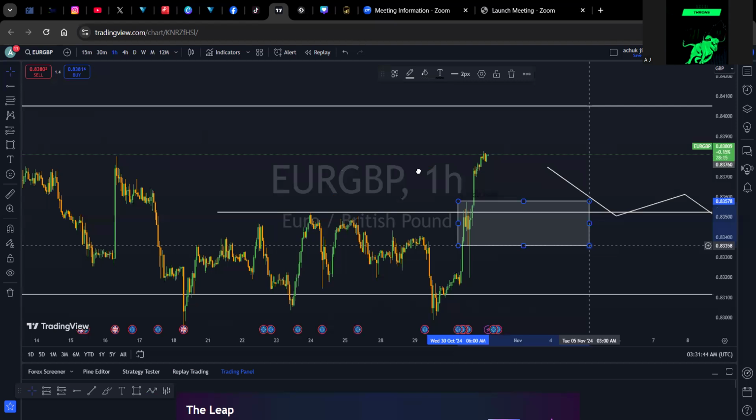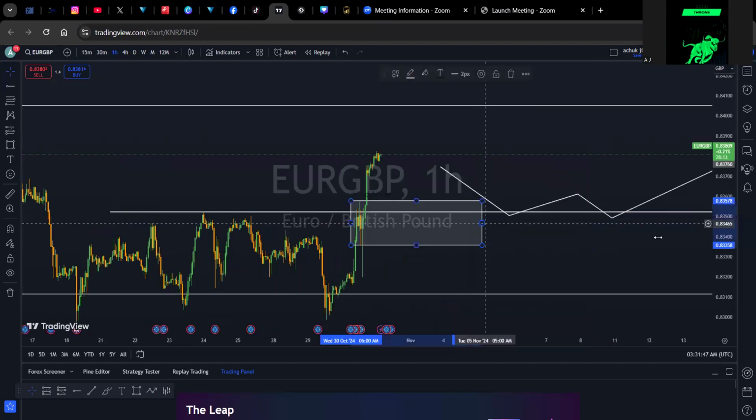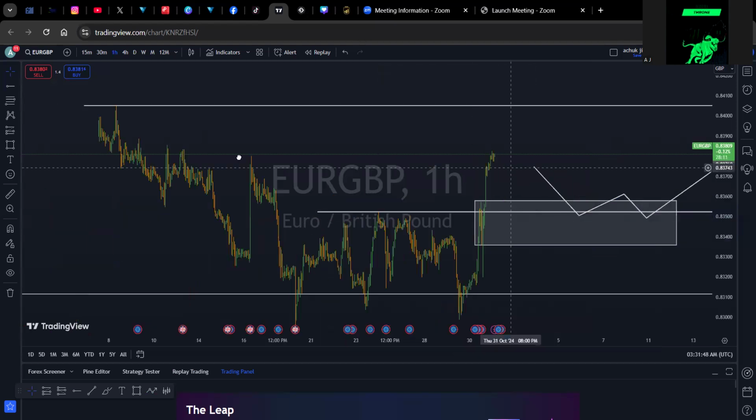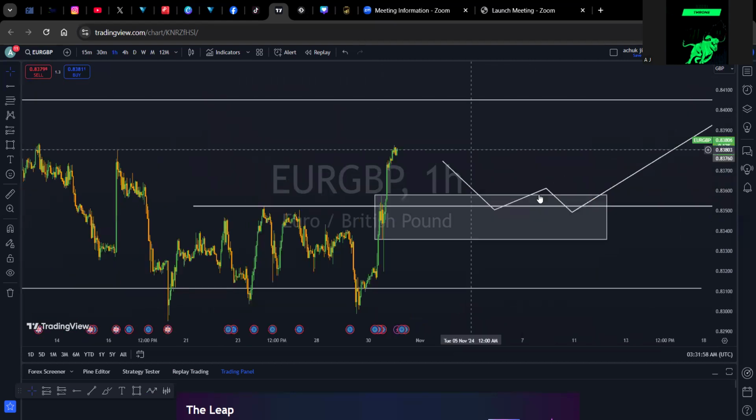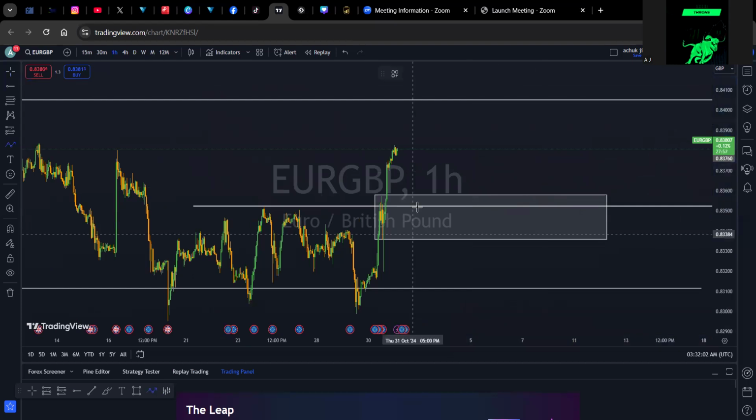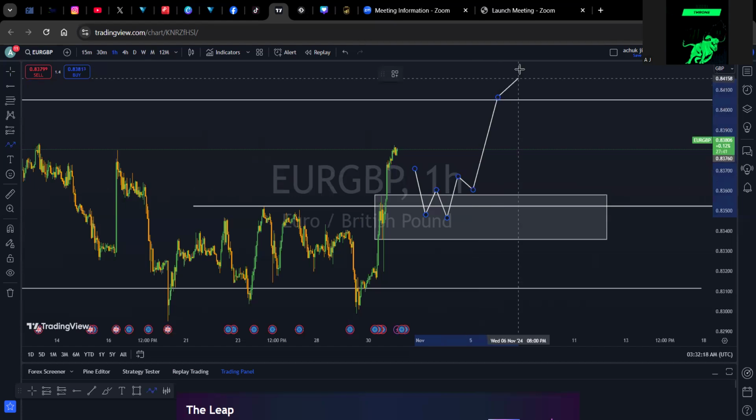So now the best thing to do is you wait, and then we have the possible resistance here, and then the other one here. The best thing you can do here is to wait for a pullback. If price pulls back into this area here, the next thing we shall wait for is a pattern. When we get a pattern, either another double bottom, inverted head and shoulders, or your order block, then we can actually trade. We first target this, and then eventually we go